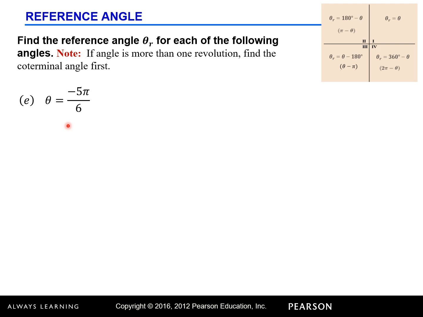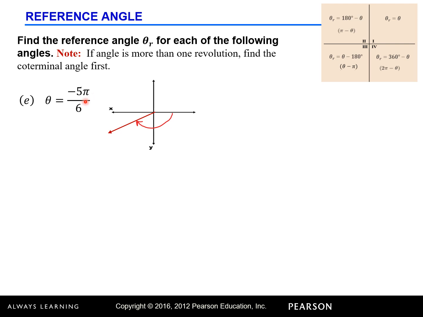And for the next angle, which is in radians, negative 5 pi over 6. This negative 5 pi over 6 is not an acute angle, and it is a negative angle, meaning clockwise direction. If we locate that, the angle will be here. So this is the clockwise direction, and the angle is in quadrant 3. We cannot use the formula because this is a negative angle.